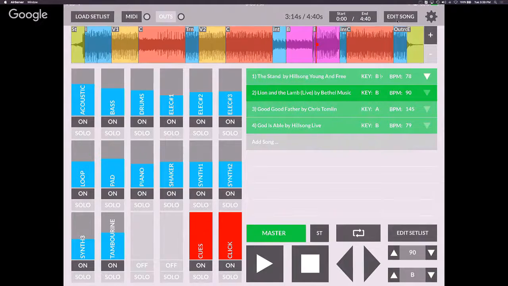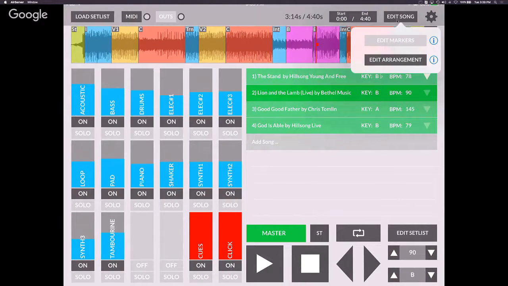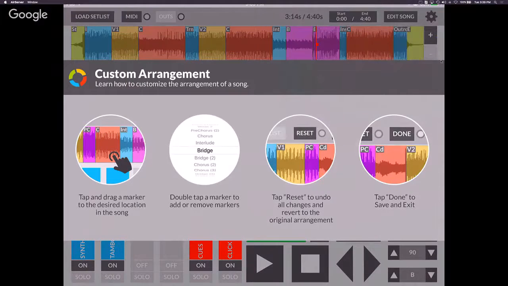So if you tap Edit Song and then Edit Arrangement, before we hit that, these two buttons here are info buttons, and if you tap the info button, it explains how to use this custom arrangement feature. So if you get lost, like, oh man, what do I